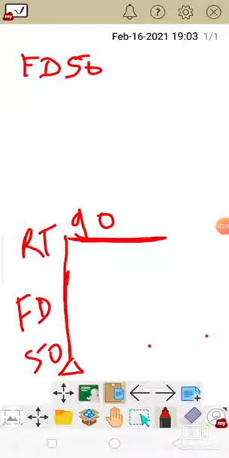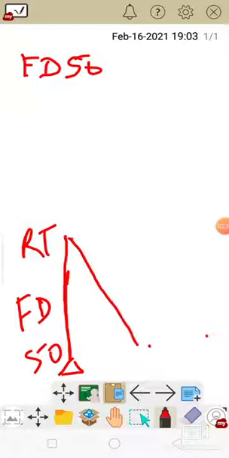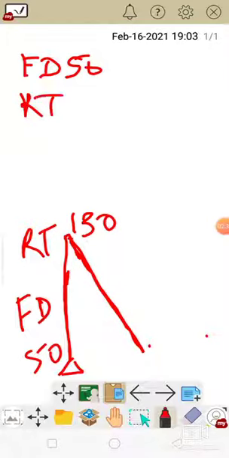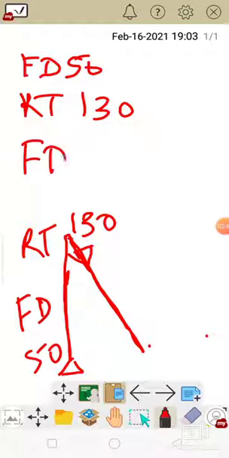Even if I do RT 95, it will not turn in this way, so we will give RT 130. Then the arrow will turn this side and then again we will give FD 50.